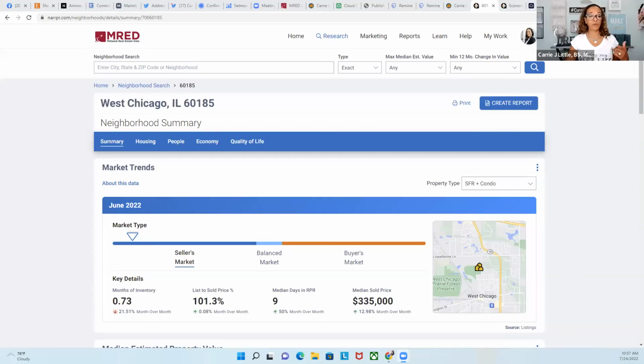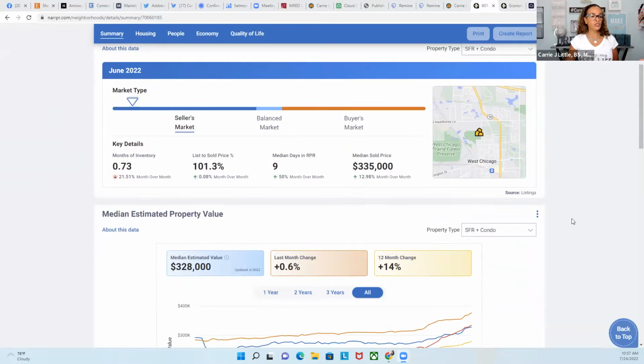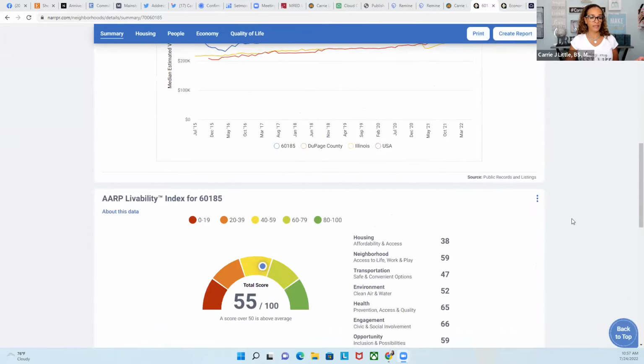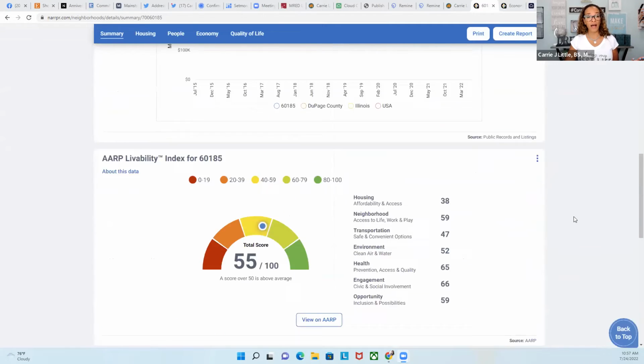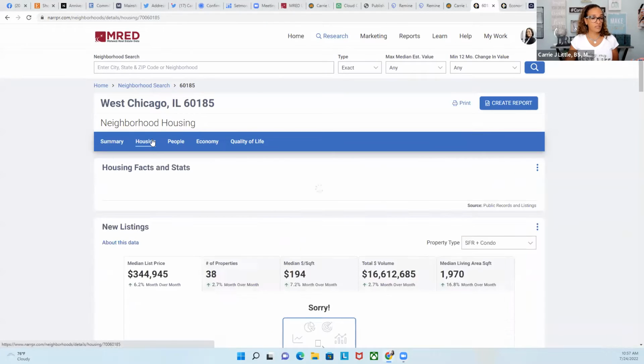So before we get into volunteering, we talked a lot about collaborating, attending board meetings, requesting information, and lunch and learns. Here's something even some real estate agents don't know. I wasn't going to share my screen, but I thought, why not show you what's available for communities? And what's cool, Mina, is I could pull this for your zip code. So we can put in any zip code and show you what's happening in a specific city. And then I get neighborhoods nearby. And then I also have housing.